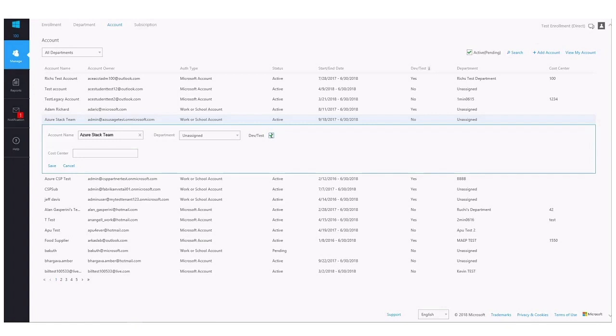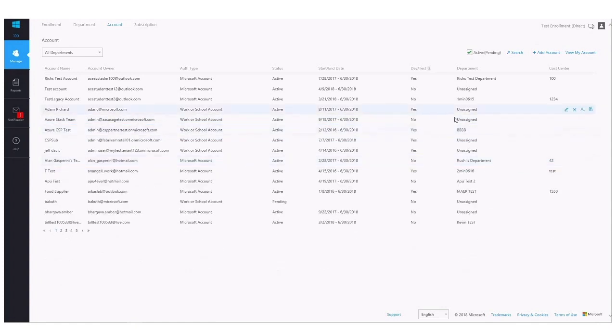The Dev Test subscriptions are devoted to Dev Test, but should only be used by Visual Studio subscribers. One caveat to keep in mind is that there is no production level SLA provided for these subscriptions. So of course, production workloads will have to run in a regular enterprise subscription. Checking this box simply enables this account owner to create Dev Test subscriptions. We'll see what that looks like in just a moment.